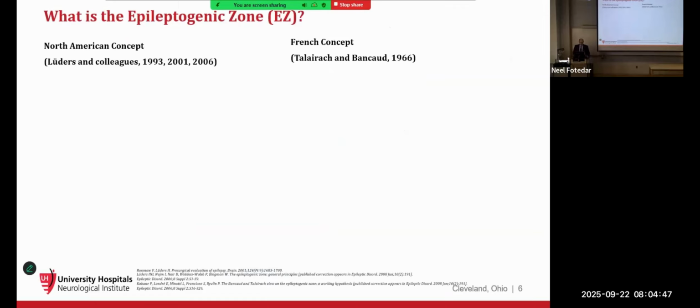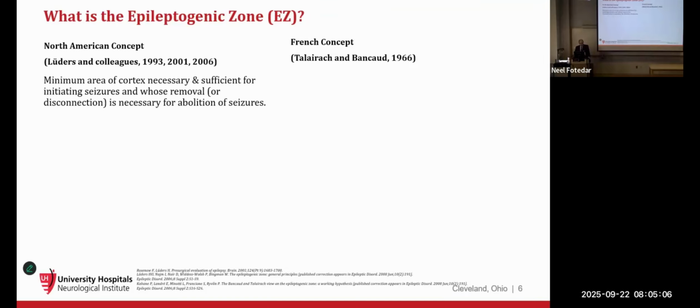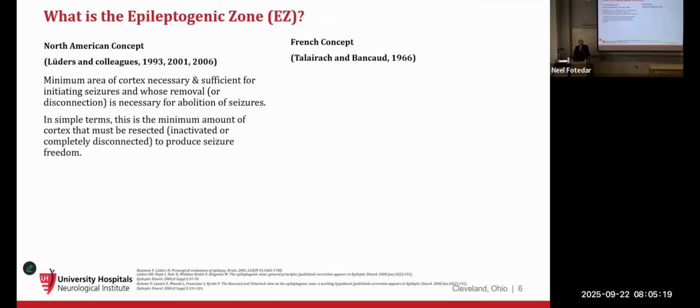What is the definition? There are two fundamental definitions. There's a North American one proposed by Luders and colleagues starting in 1993, 2001, and 2006. And then there's a French definition, which was originally proposed in 1966 by Talairach and Bancaud. The North American definition is that the epileptogenic zone refers to the minimum area of cortex which is necessary and sufficient for initiating seizures, and whose removal or disconnection is necessary for complete abolition of seizures. To keep it simple, this is the minimum amount of cortex that must be resected, inactivated, or completely disconnected to